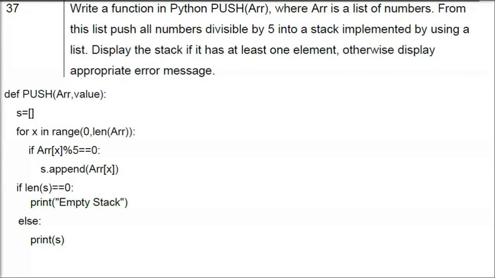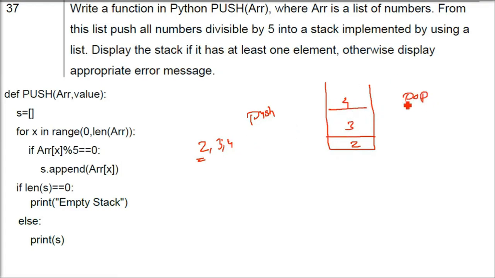Okay, so let me tell you about push and pop. What does it mean? How do we go about it? Push and pop, this is a container. Whenever you are pushing, this is 2, you are pushing, then 3, then 4. What if there is nothing in the container? We say empty stack.